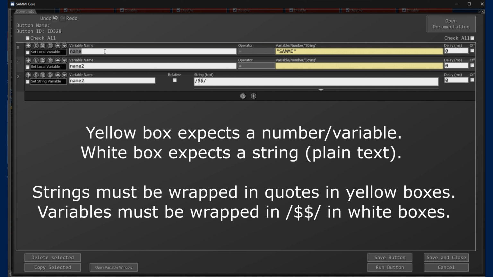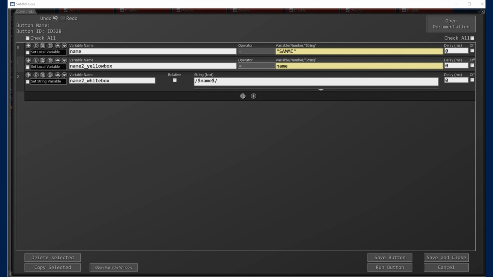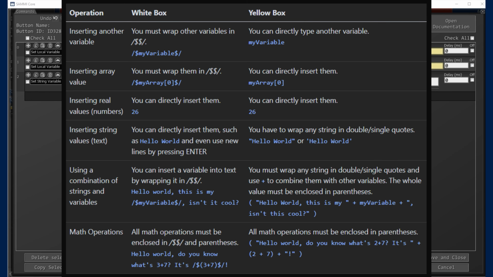For variables, if we want to use a variable inside a yellow box, we will just use the variable name, such as name. So name is SAMMI and name2 will be assigned to name, which is SAMMI. So both of these will have the same value. In the white box, we need to wrap name in /$. You can find more examples about how to combine variables and strings in yellow versus white boxes in our